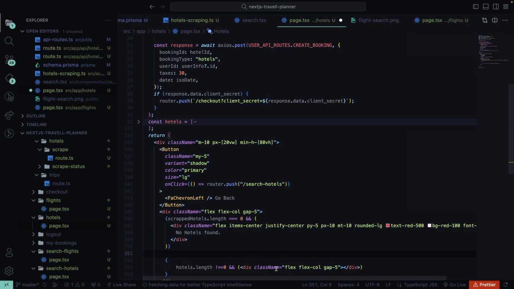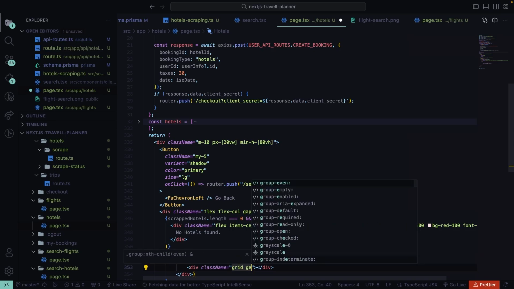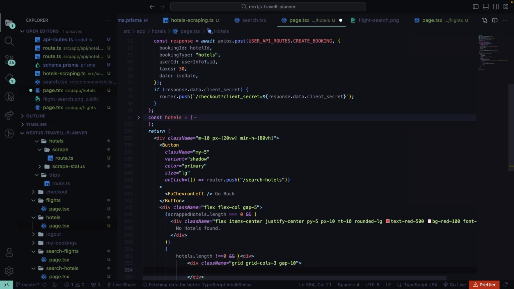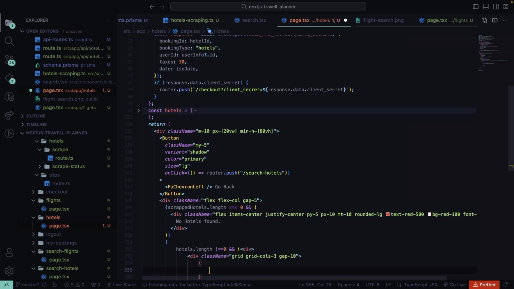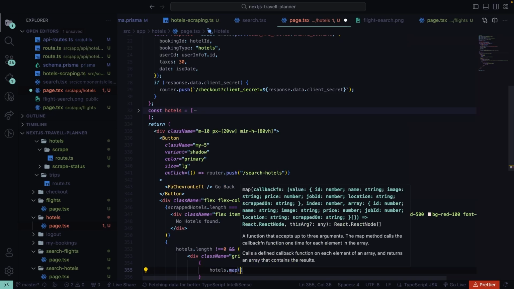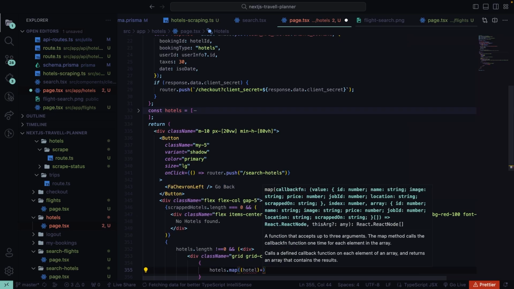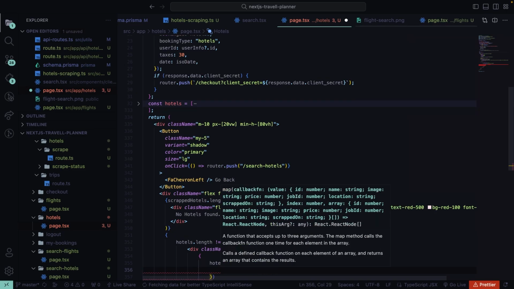No, I'm making a mistake. So we don't need this class name here. And inside of this div, I'm going to have another div with a class name of grid-cols-3 and a gap of 10. And inside of this, we'll have hotels.map, not scraped hotels, but hotels.map. So currently we have the data inside our hotels array, and we'll get the hotel from this, and we are going to